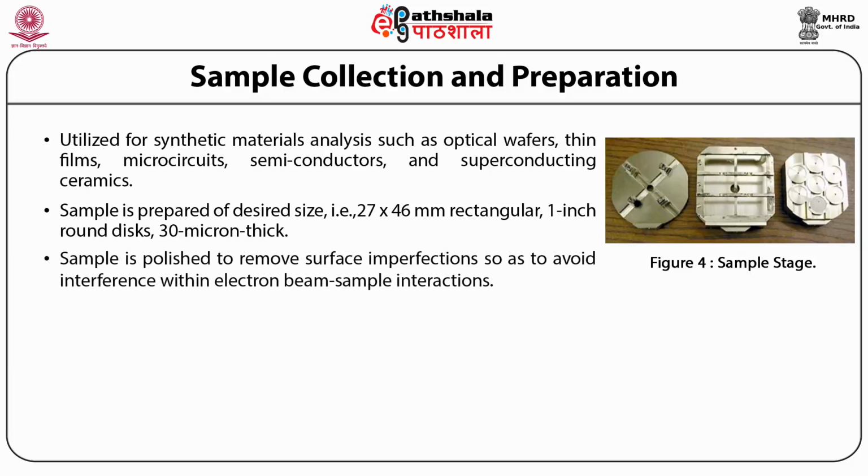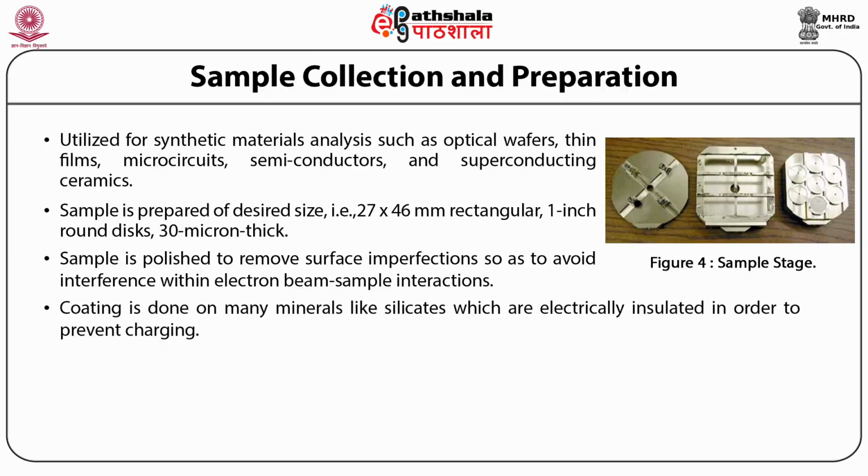Thirdly, sample is polished to remove surface imperfections so as to avoid interference with an electron beam or sample interactions. Next, the coating is done on many minerals like silicates, which are electrically insulated, in order to prevent charging. Carbon, gold, and aluminium are the most commonly used for thin film coating by evaporation method. Coating should be as thin and light as possible such that interference with the electron beam and emitted X-rays can